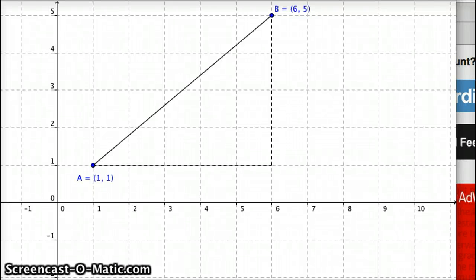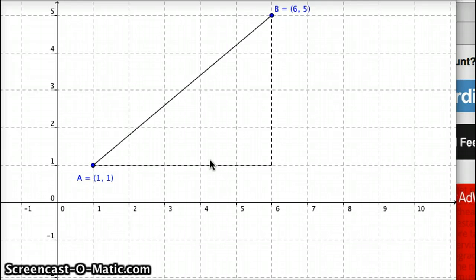This tutorial shows how to find the midpoint of a line segment. To find the midpoint of a line segment, we're basically going to take this segment AB, A located at 1, 1 and B located at 6, 5, and we're going to split it into an X component of the segment located here. So we're just focusing on the X values because our midpoint has an X coordinate and it has